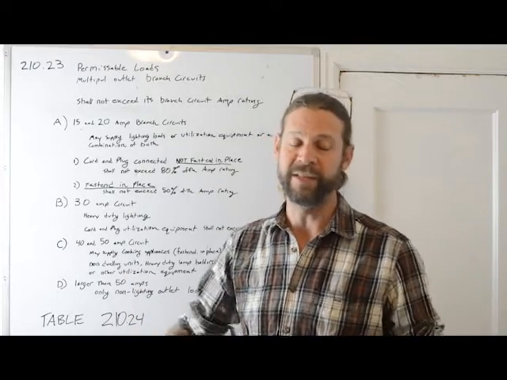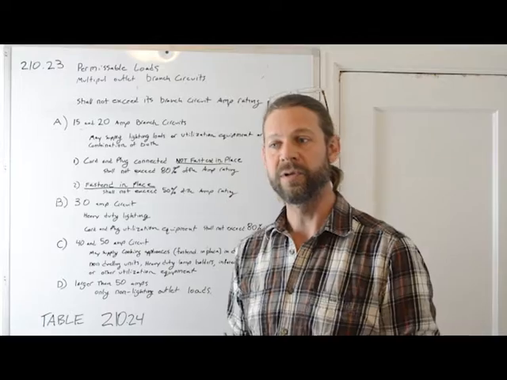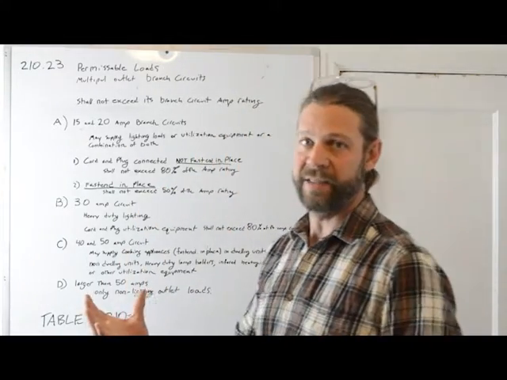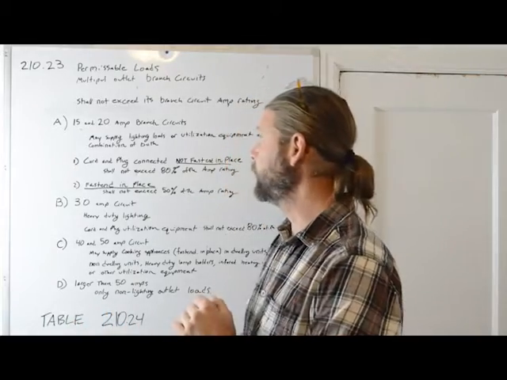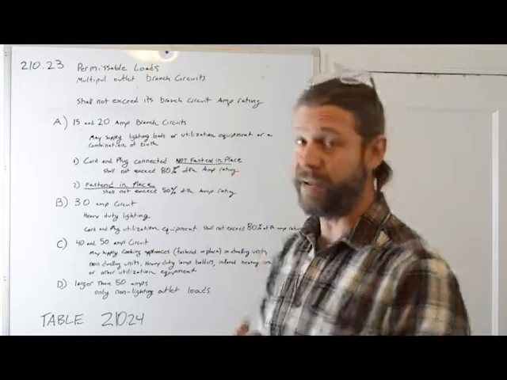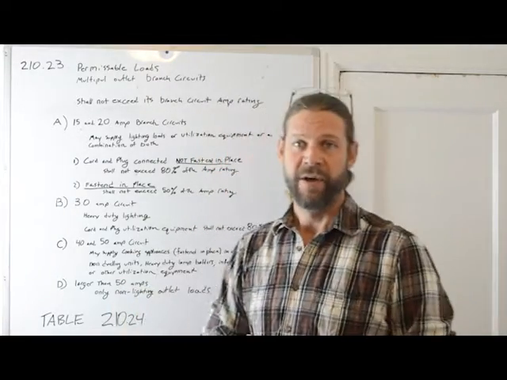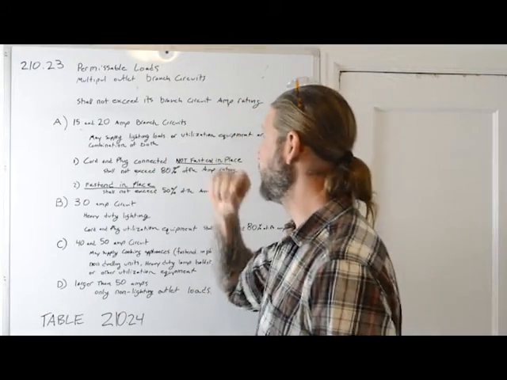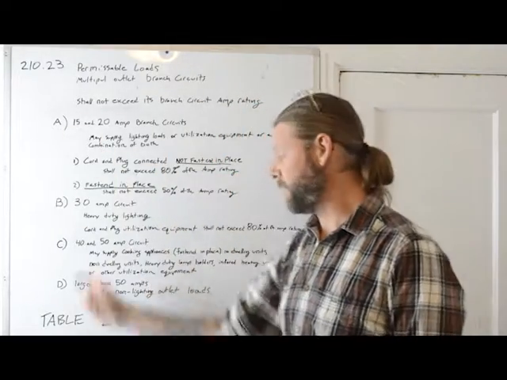And remember, an outlet does not necessarily mean a receptacle, but anywhere you can utilize that. It's mostly receptacles and lamp holders. So the first thing it says is it shall not exceed its branch circuit amp rating. And then it splits it down into